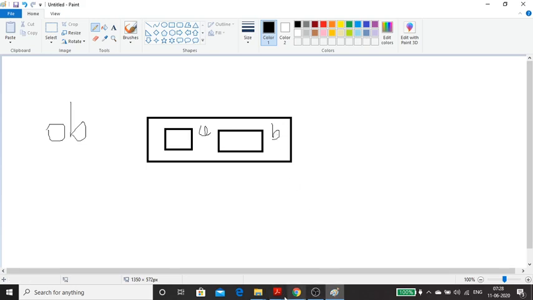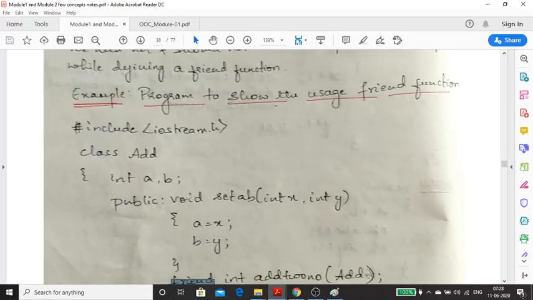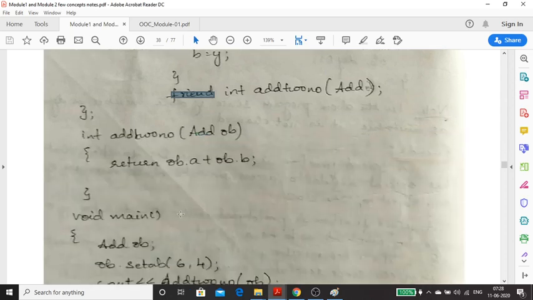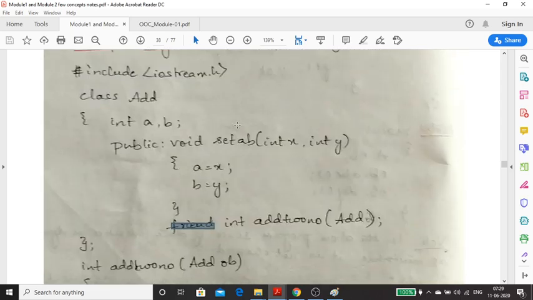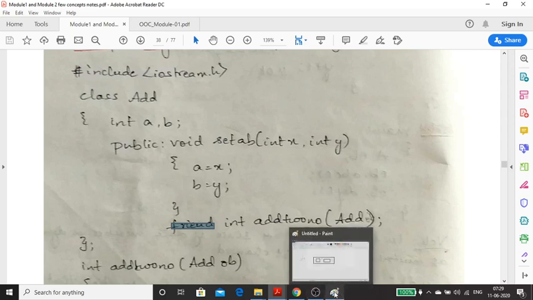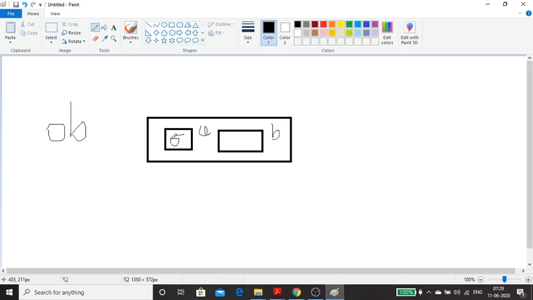Next, just like in Java, it will check for a constructor. Is there any constructor? No. So next, with respect to the object, we are calling functions. There is no new keyword in C++, so just the class name and object name. Set ab 6 comma 4: we are calling set ab, 6 will be copied into x and 4 will be copied into y, which will be assigned to a and b. So indirectly, 6 and 4 got stored within a and b with respect to OB, in the space that was allocated.